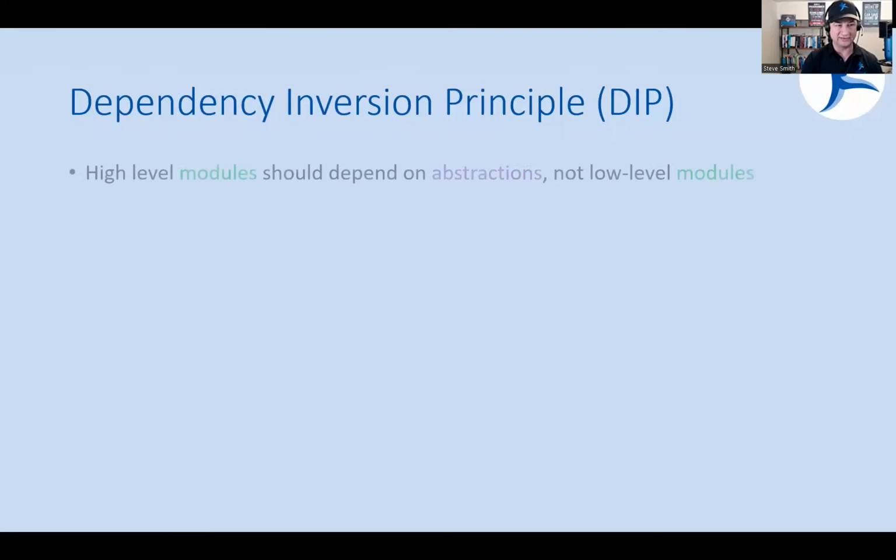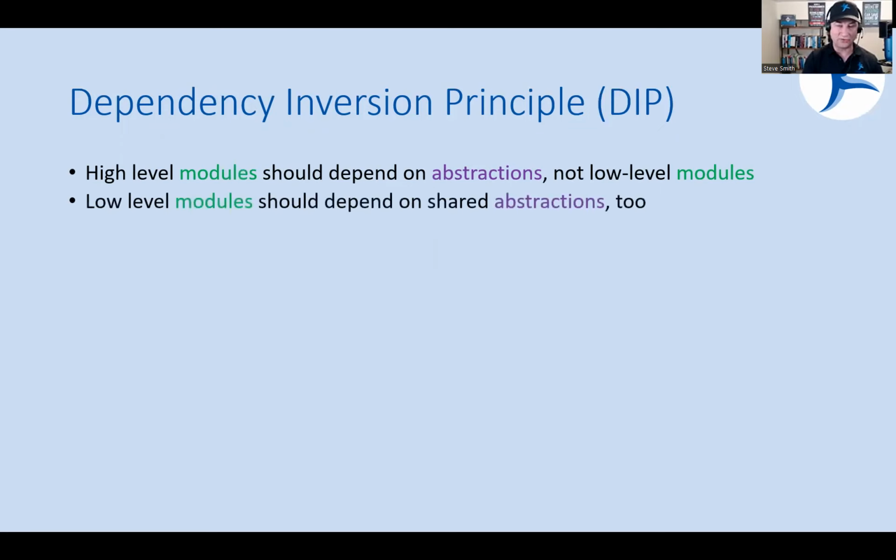All right, so the idea is that your high-level modules should depend on abstractions, not the low-level modules. And then those low-level modules should also depend on shared abstractions. And it's important then that those abstractions themselves don't depend on details. So bringing this to C#, we want to make sure that an abstraction is typically an interface, sometimes an abstract